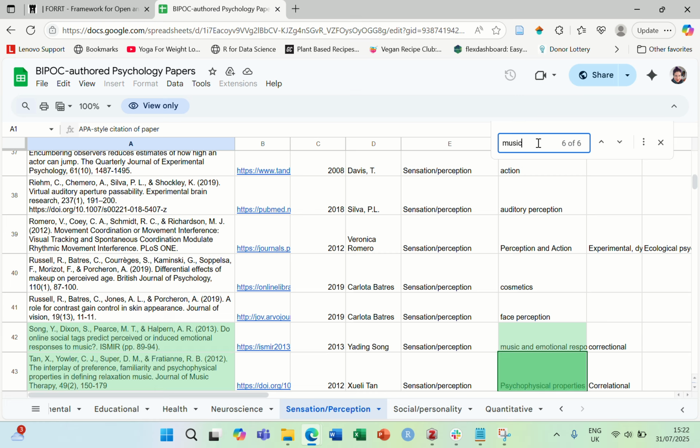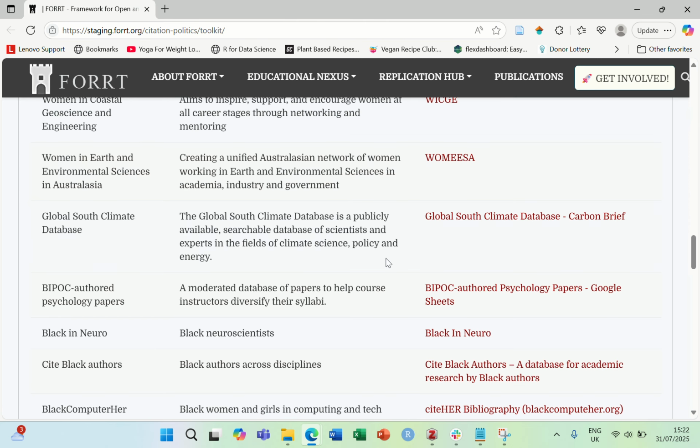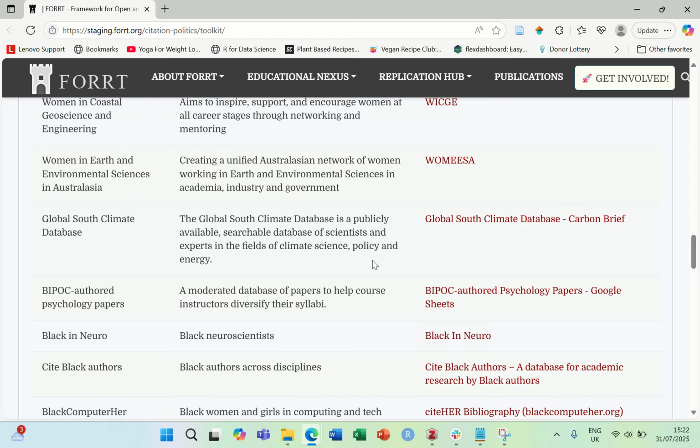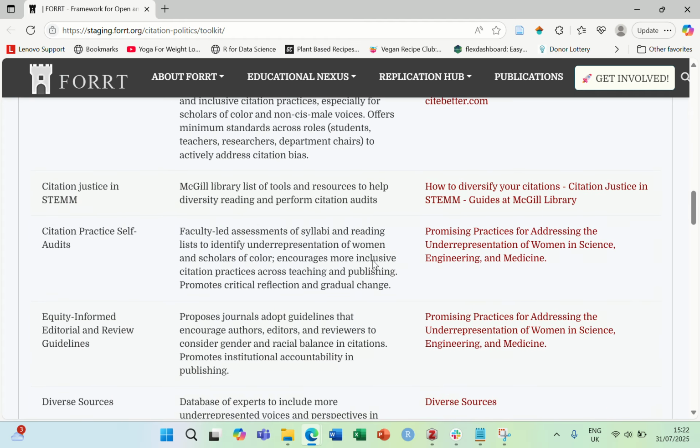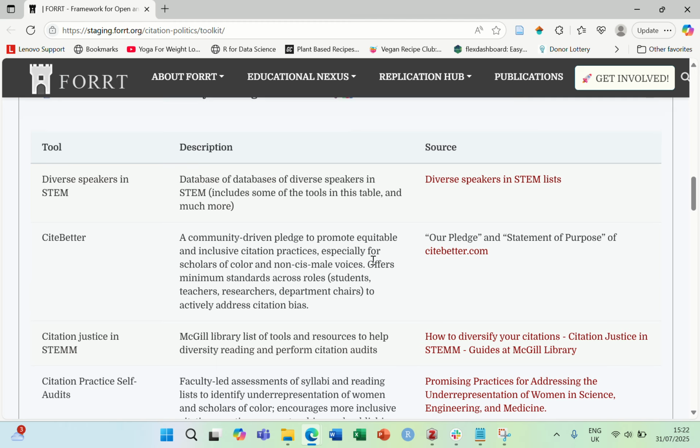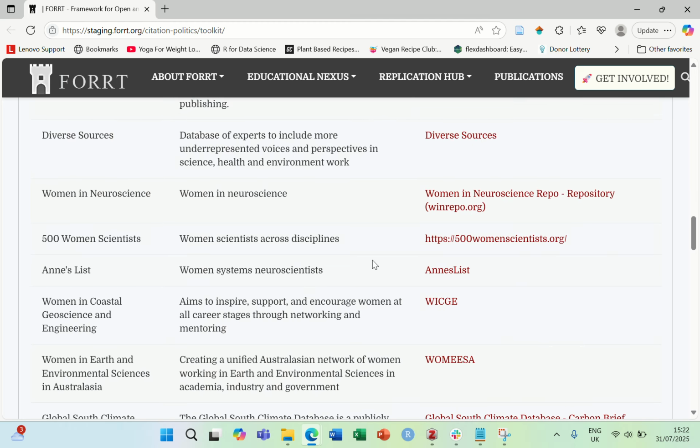So, not every paper is going to apply, but it'll help widen the literature that you are already probably engaging with, right? Because Google has been demonstrated to be sexist and racist. It will most often give you the white men, of course not exclusively, but it's what it's most likely to